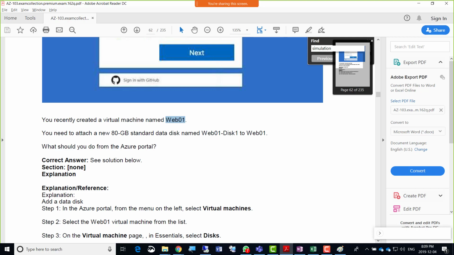Okay, so let's go ahead. There's that Web01, and you recently created a virtual machine Web01. So the virtual machine is already there, right? Let's go to the storage account. Let's go ahead and create a standard disk now, named Web01 disk 1, for Web01. So we need to attach that to that virtual machine. Now the problem with that is,